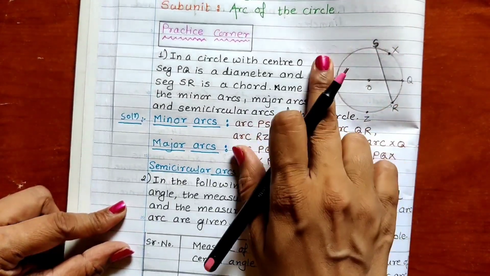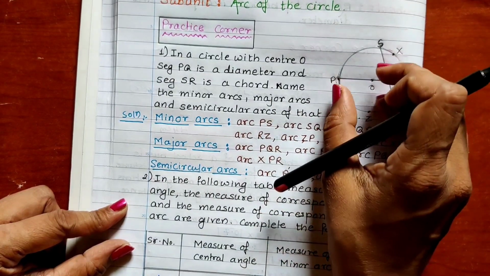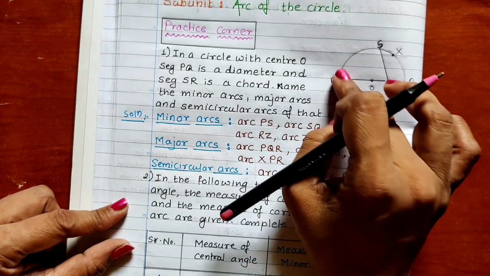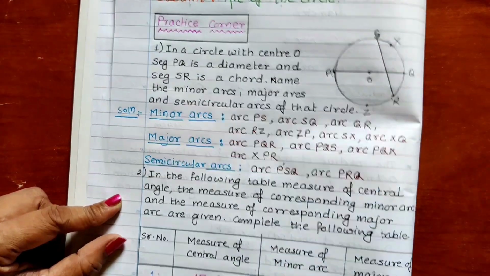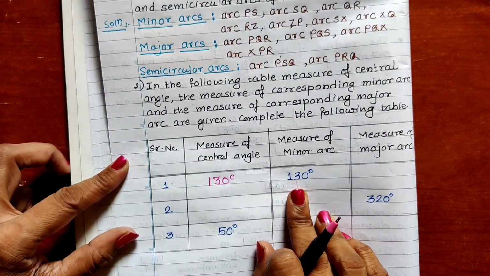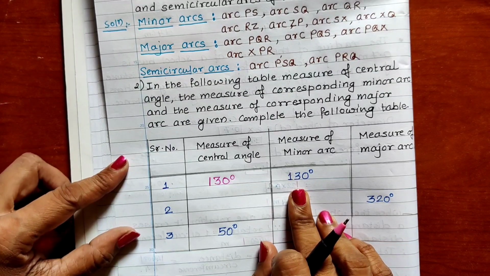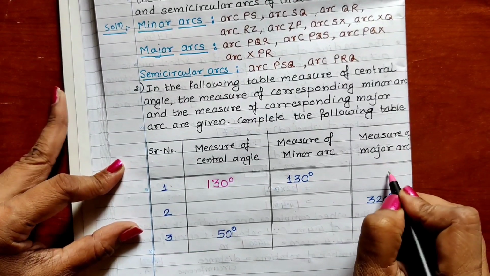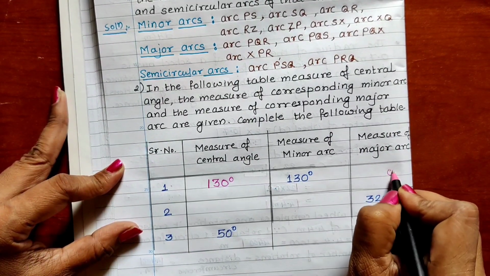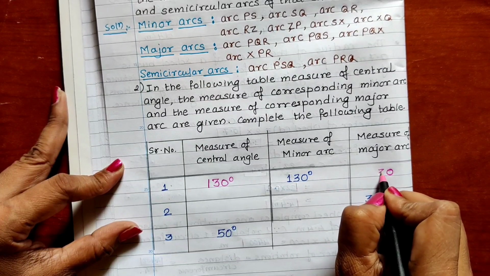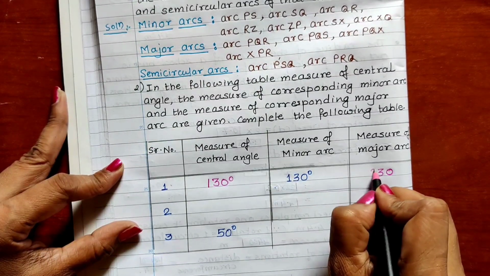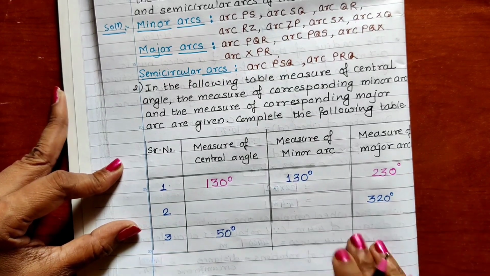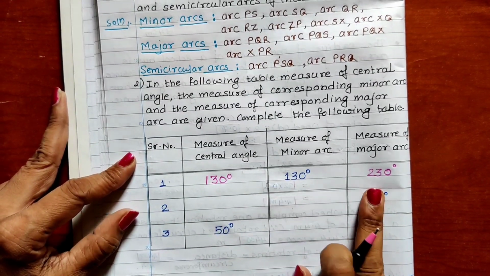Okay, this complete circle is 360, and from this complete circle if you subtract the minor arc, you will get the measure of the major arc. The measure of the bigger arc we can get when we subtract from 360. So subtract 130 from 360. What is the answer? 360 minus 130: 0 minus 0 is 0, 6 minus 3 is 3, and 3 minus 1 is 2. So 360 minus 130, the answer is 230 degrees. In this way you can get the answer.